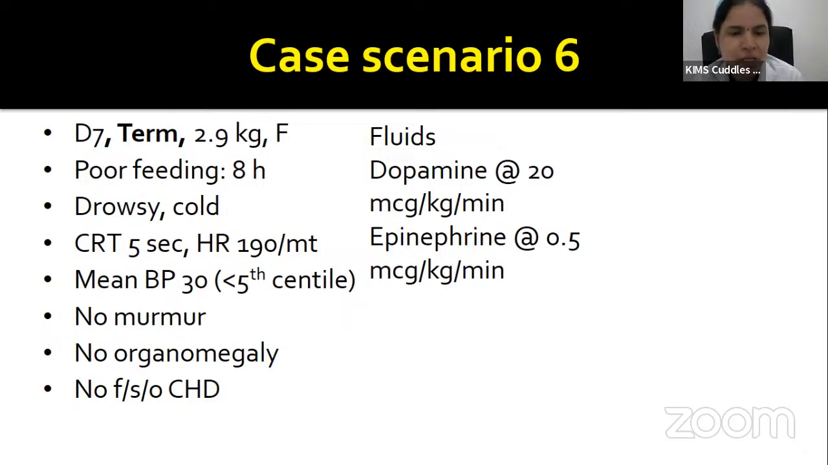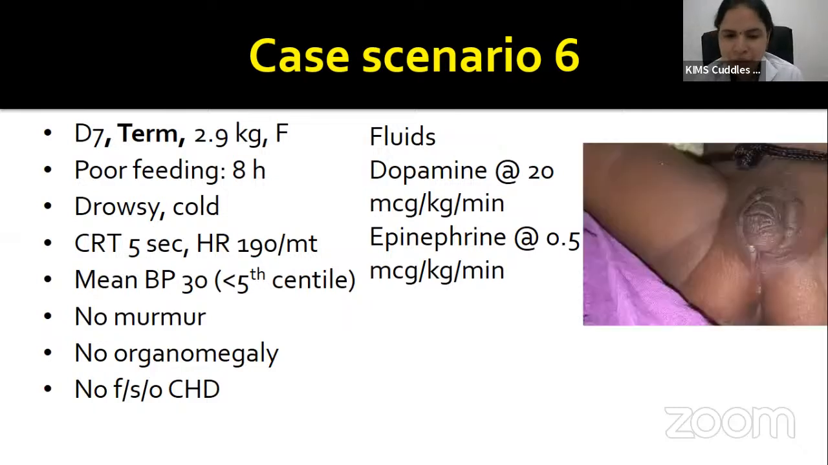The baby is drowsy. On examination, the CRT is prolonged. Baby is cold, tachycardic, hypotensive with blood pressure below 5th centile. There is no abnormality on cardiovascular examination. There is no organomegaly. The baby is taken into the radiant warmer, rewarmed, started on nasal cannula oxygen, and the baby is resuscitated with one fluid bolus followed by a central line insertion with dopamine and epinephrine in the doses